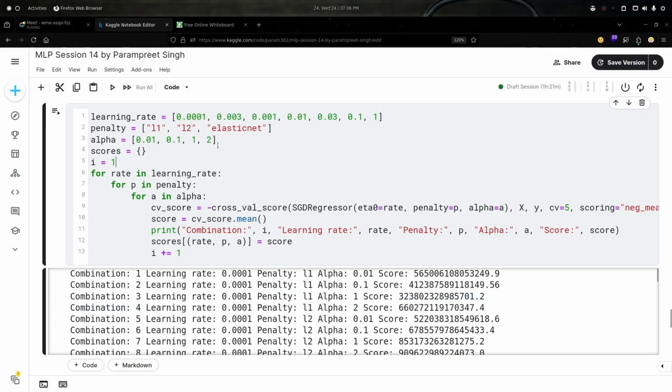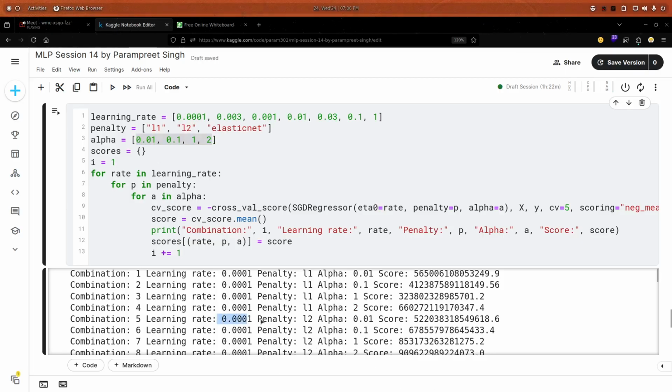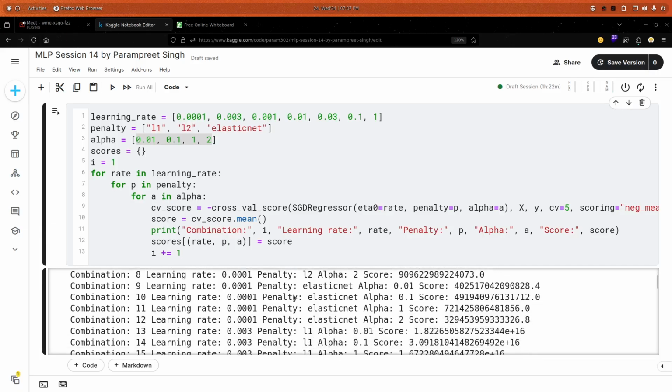When it has gone through all the alpha values, then for the same learning rate it will take the penalty L2, then again it will take the alpha value here 0.01, 0.1, 1, 2, and it will compute each of the scores. So by doing this for every learning rate and every penalty and every alpha value, it is doing the cross validation also, with CV5, which means 5 folds we have, and we are taking the mean value,